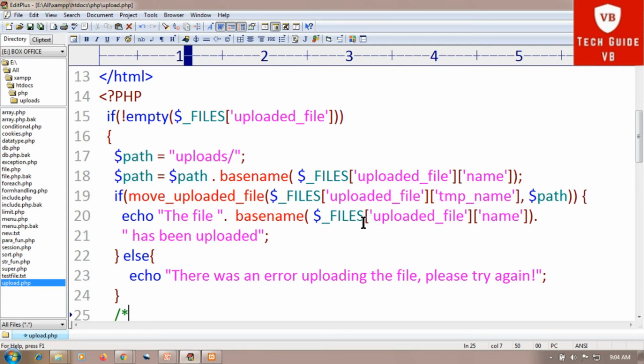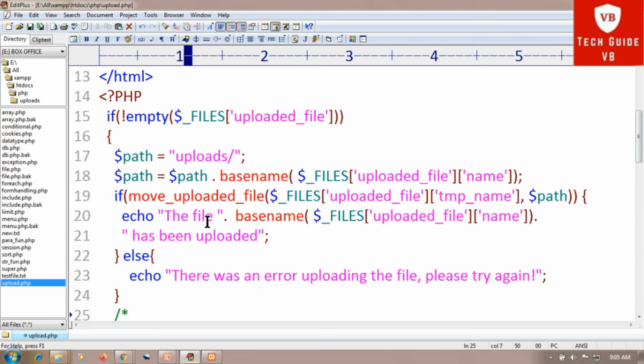That is $target_directory, $target_directory is equal to, in double quotes, "uploads/", which specifies the directory where the file is going to be placed. Then the $target_file, so this specifies the path of the file to be uploaded. Then $uploadOk is equal to 1, is not used yet, will be used later.